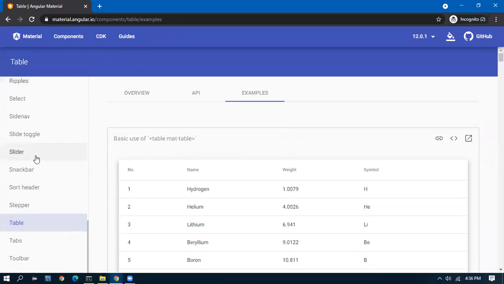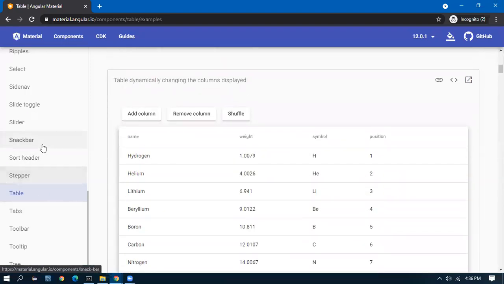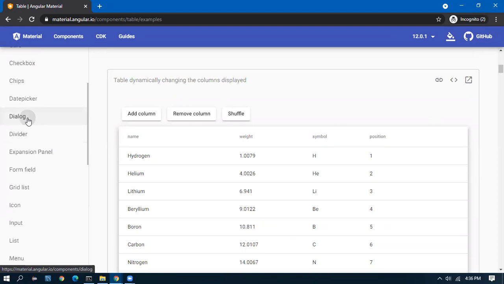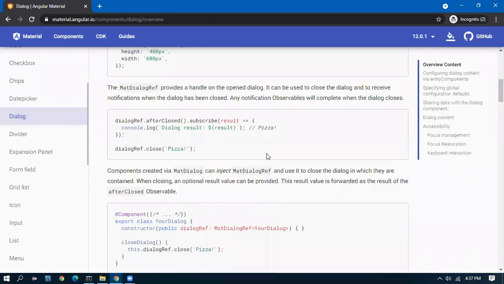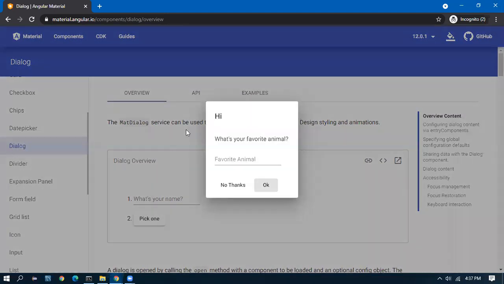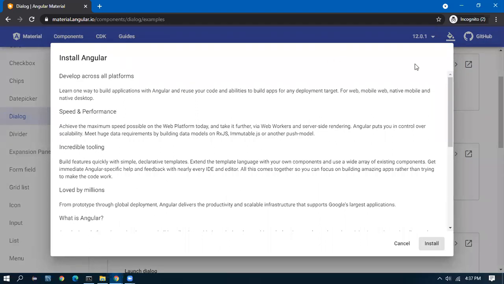For that, in the Angular Material, we have a dialog. I'll first show the example of how it will be, and you'll get an idea of what we are going to try. I'll show you now. This is what you're going to bring in, a pop-up. We have an open dialog button click. A pop-up is coming. This is called a pop-up or a modal window.